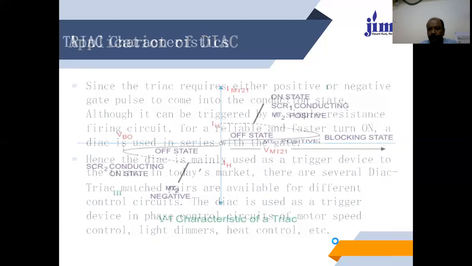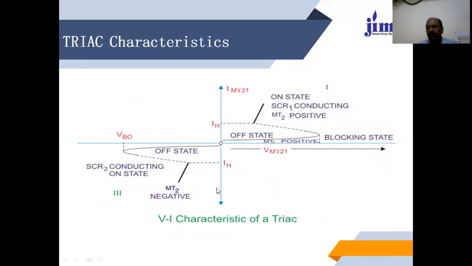Now this will be the characteristics of the triac, where we find that it is just like an SCR. Similarly, there is a positive half with the SCR characteristic having a holding current, and again there is a latching current, which is the minimum current required. So all the characteristics are the same whether we look at the SCR or the triac. But the difference between the SCR and the triac is that the SCR operates only for the positive half. On the negative half, it is always in the off state, or simply behaves like a diode with the opposite polarity.